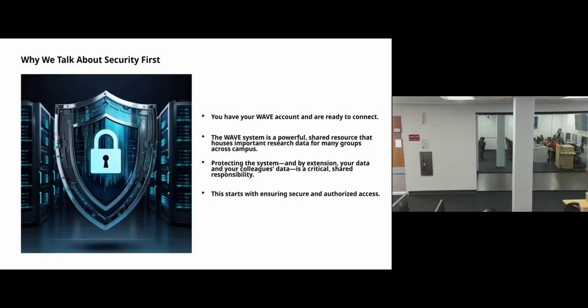Okay, where do you find help? So the website is the best place to find help. su.edu/wave/wave-hpc. And you can also send an email to wavesupport@su.edu. But I think they prefer if you submit a ticket, which again, the link is on the website. So that's a better choice. But you can also email if you can't find the ticket or whatever.